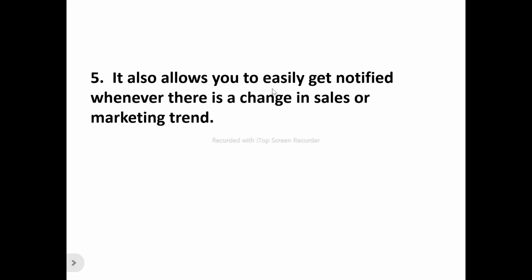Number five, it allows you to easily get notified whenever there is a change in sales or marketing trend. That is, when you make use of Conduit, you'll be able to easily get notified whenever there is a change in your sales or your marketing trend. It will continuously monitor your data around the clock, and whenever there is a sudden change in your sales, or an unexpected marketing trend, you're able to receive real-time alerts directly, probably through your Slack or your email,